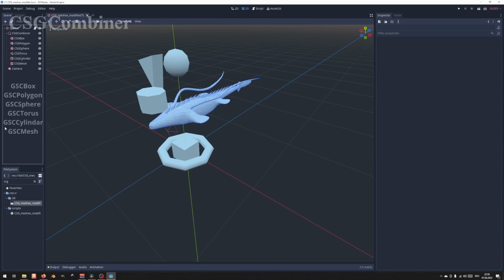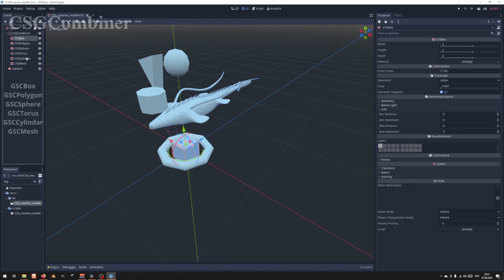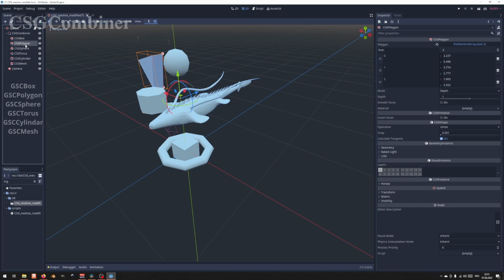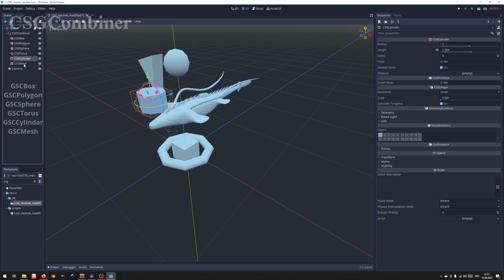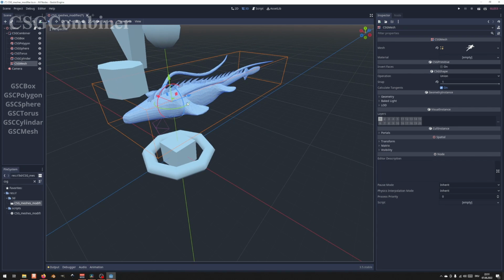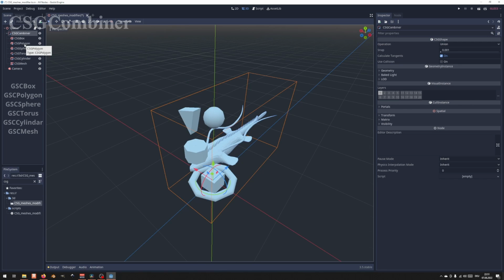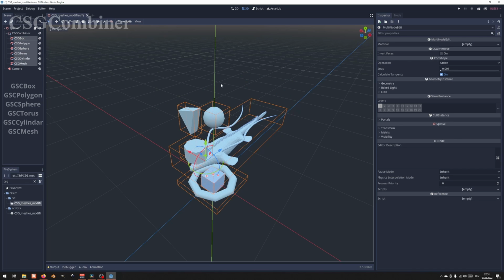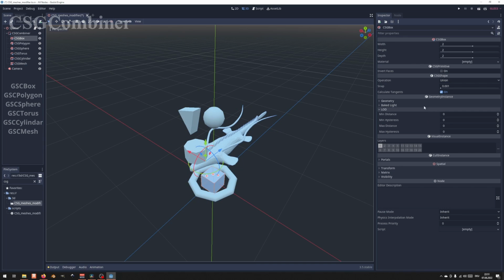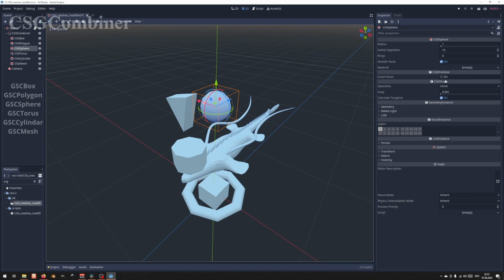So, about the CSG combiner and the CSG meshes. First of all, there's a variety of CSG meshes from inbuilt types like boxes, polygons, spheres, toruses, and cylinders over custom meshes. The way you can imagine a structure with a CSG combiner and CSG meshes is that the CSG meshes make up one long calculation. In my case, every mesh has a union operator, but if I was to change the operation on the sphere, for example,